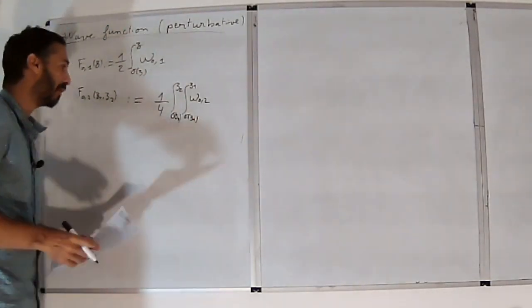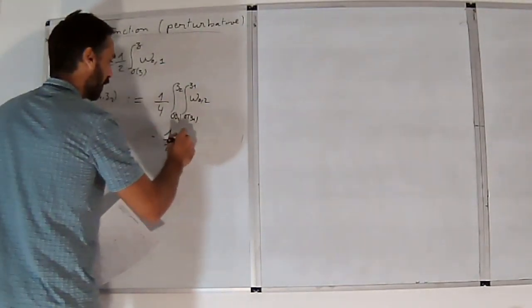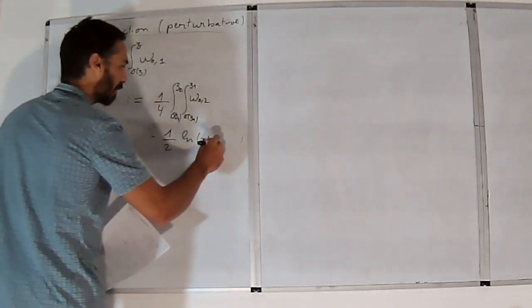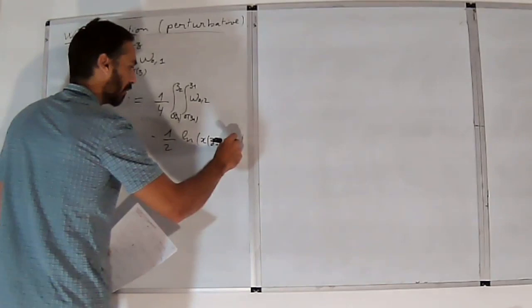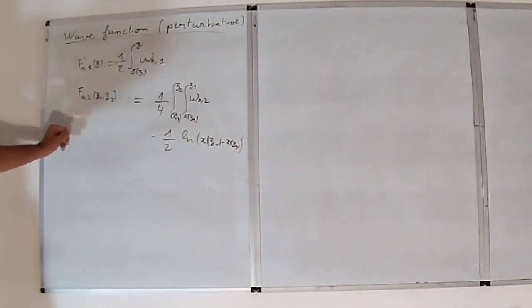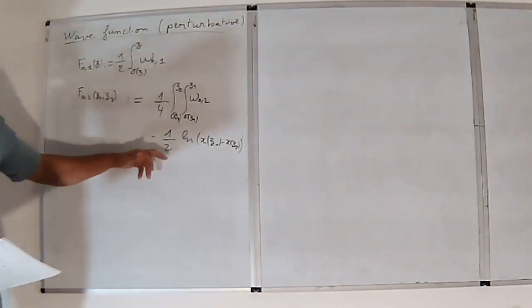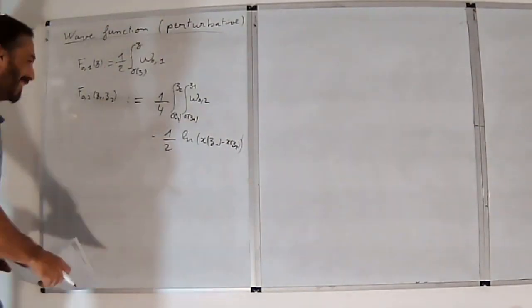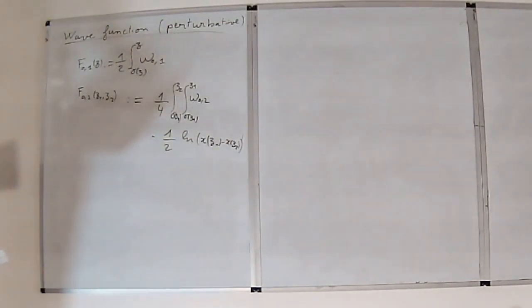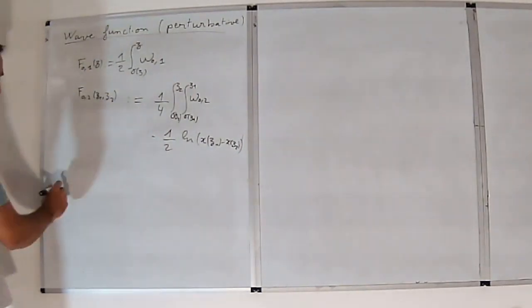So there are many ways to fix this, but in this case, I will just remove some singular parts by removing 1/2 of log of x of z1 minus x of z2. As an exercise, you can show that when z1 goes to z2, this is regular. So should I write bigger, Martha? Yes. Okay. So this is for the first two objects. And now I would like to define